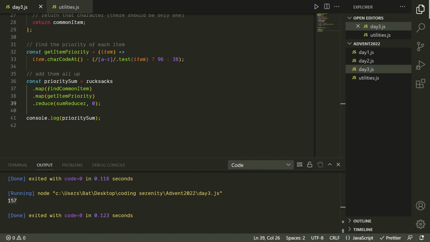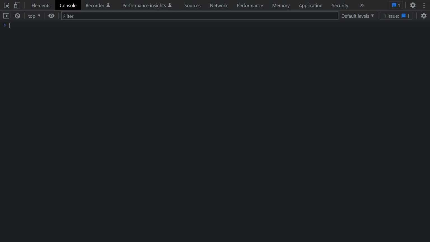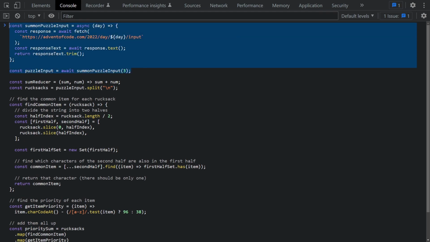Okay. Now that we have that all done, let's try submitting this with the actual puzzle input. Just like on the previous days, I'm going to paste this code into our browser console with this asynchronous function at the top that's going to fetch our puzzle input directly. But once again, you can get the puzzle input however you want. If you want to paste it into your IDE, if you want to put it in a file, it's totally